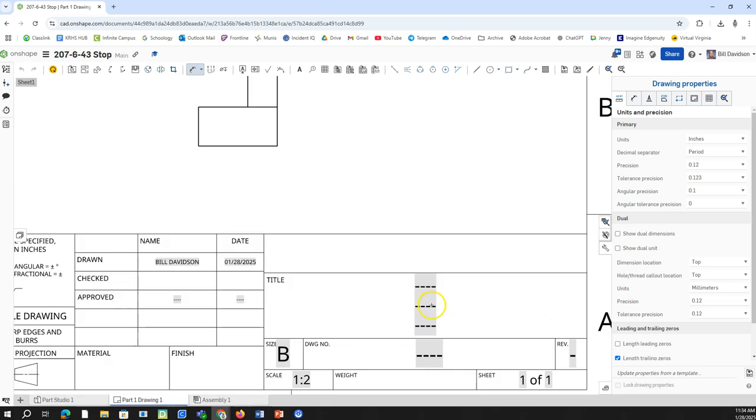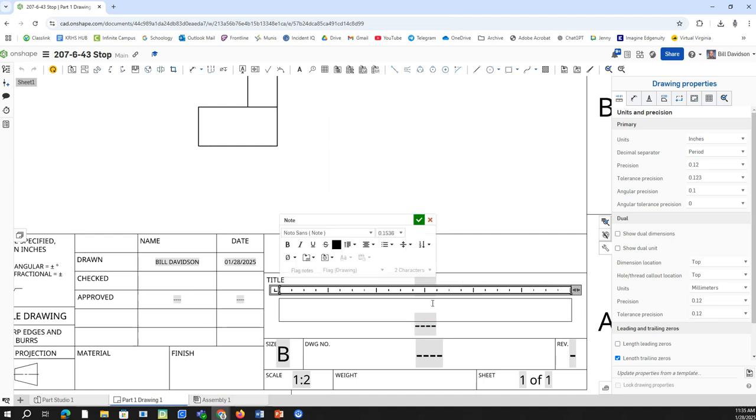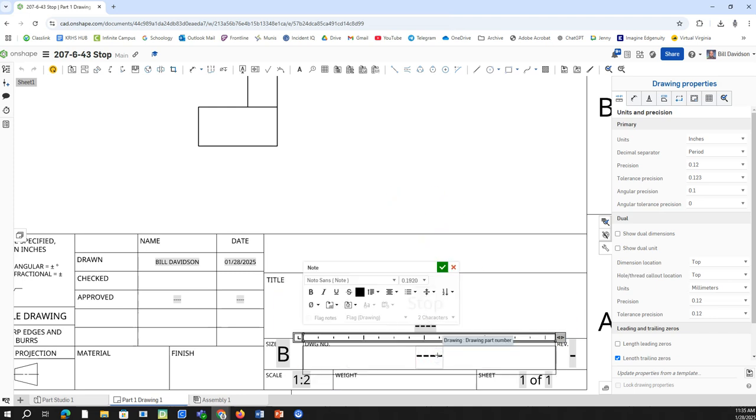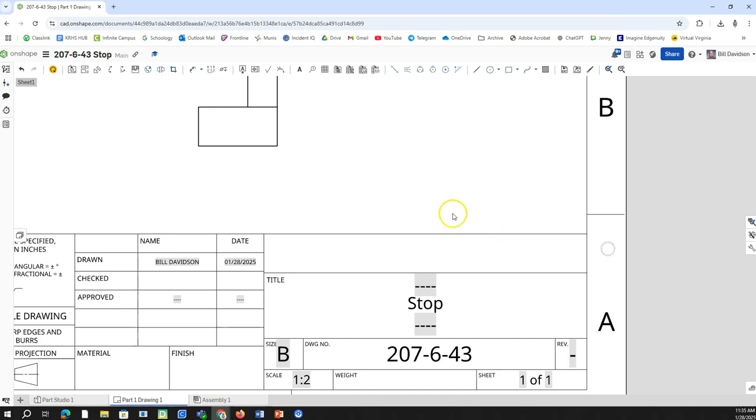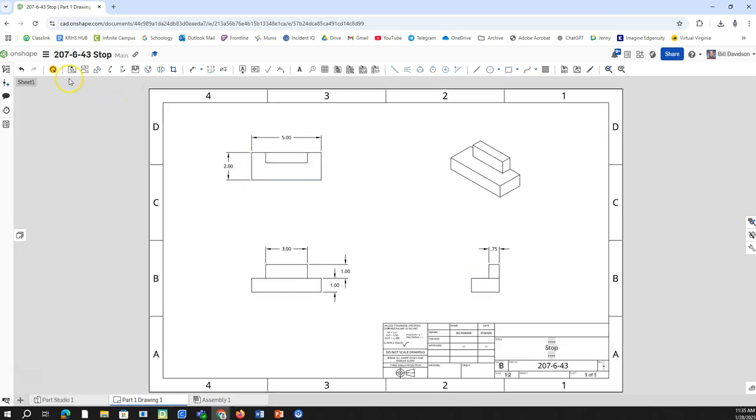So at this point, I'm going to come down here, and I'm going to double click on this one and backspace over it because I'm going to put in the name of it, and that is stop. And I'll come down to the one where we put the part number in, backspace over that, and it is 207-6-43. Alright, and double click, I'm going to click that out of there, double click my mouse wheel so it zooms to the extent, and then you should click right here, you should click submit. You should be submitting all your drawings, and then we'll go to print,